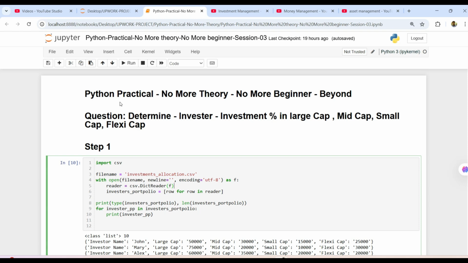We are in the playlist of Python practical, no more theory, no more beginner, it is beyond. Today we try to see one of the questions: determine the investor who has invested in the mutual fund. We try to identify the percentage of how much he has invested in large cap, mid cap, small cap